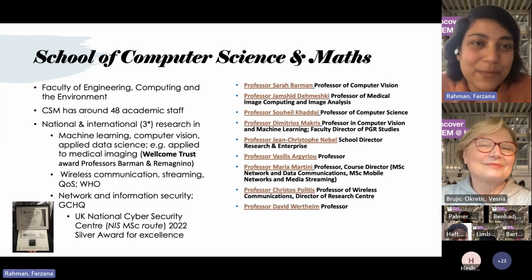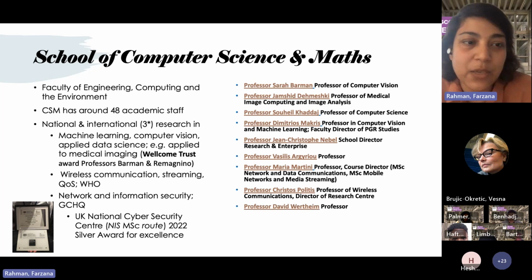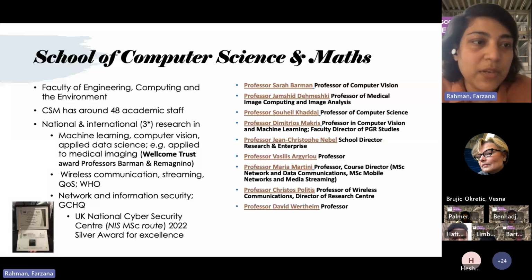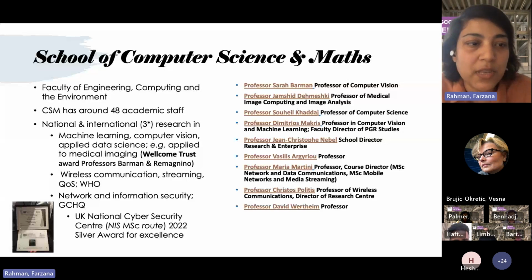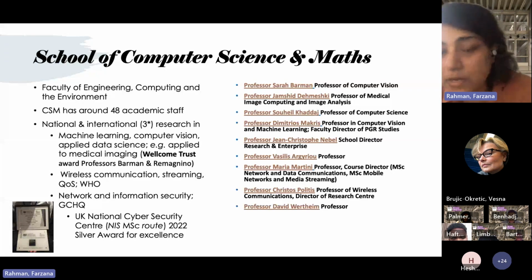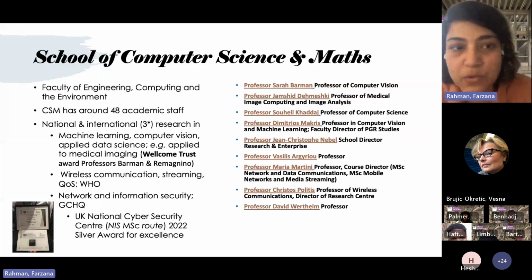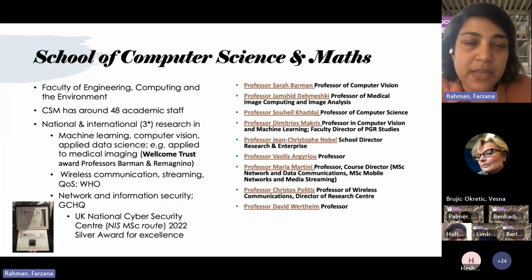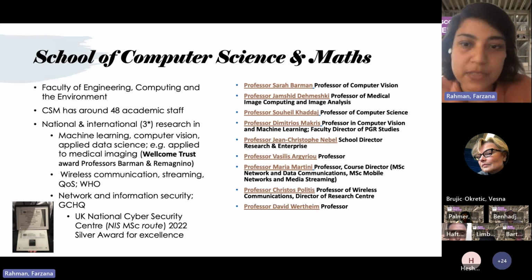So our school has received very interesting and renowned funding, like the Wellcome Trust award given to Professor Sarah Berman for applied medical imaging. The network and information security research team also won the UK National Cyber Security Silver Award for Research Excellence in 2012. Furthermore, many accreditations and research funding have been achieved by the university this year